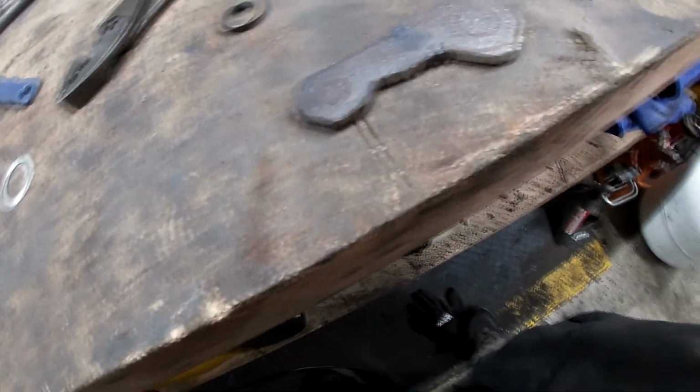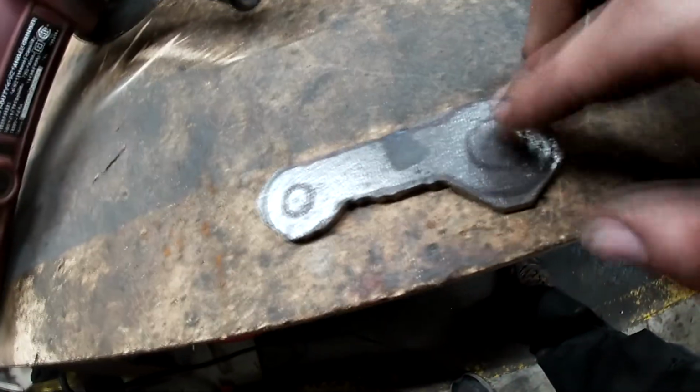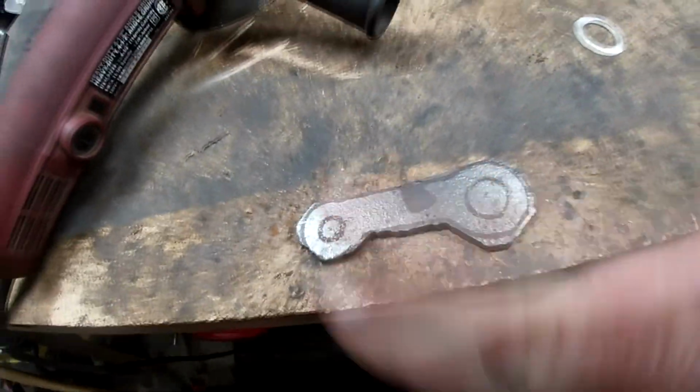Hopefully I'm actually going to take this outside and put it in some snow, let it cool off a little bit. It is freaking warm as hell. Alright guys, well that idea is working for now. It is still sitting here. I am still going to probably fab this up and finish cutting it out and getting it all ready to